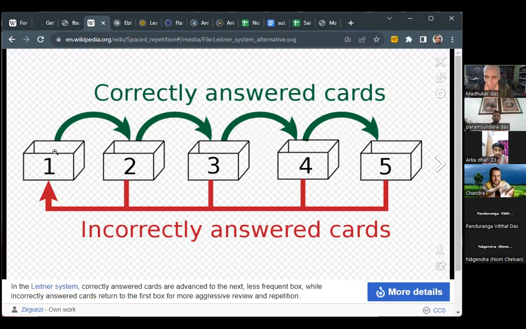Every time you're able to successfully recall the answer on the other side of the card, it moves to the next box. Every time you get it wrong, it moves back. Say you've studied something and it's moved to box two, and a week later you go to review it and, oh, I've forgotten that again. You move it back and you study it every single day until you can recall it again. Does that make sense so far, what I'm saying? Yes, Prabhu. Okay.